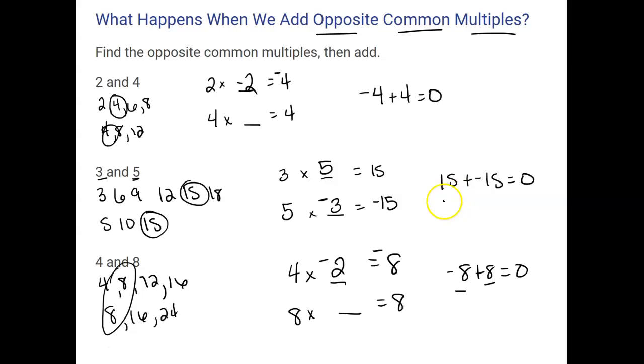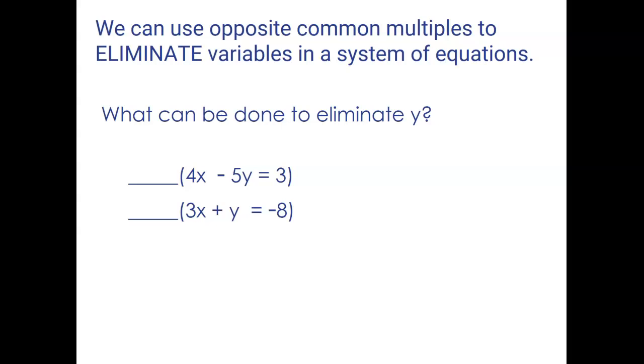Notice when we add our opposite common multiples, they eliminate. We are just left with 0 each time. We're going to use that to help eliminate variables in our equations. So let's think about what can be done to eliminate the y term. We want to think of it like what I've got are negative 5 and 1, and I need opposite